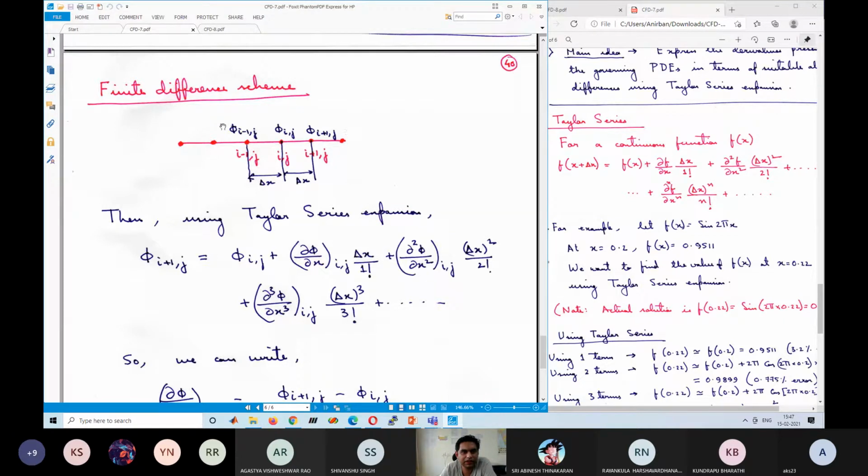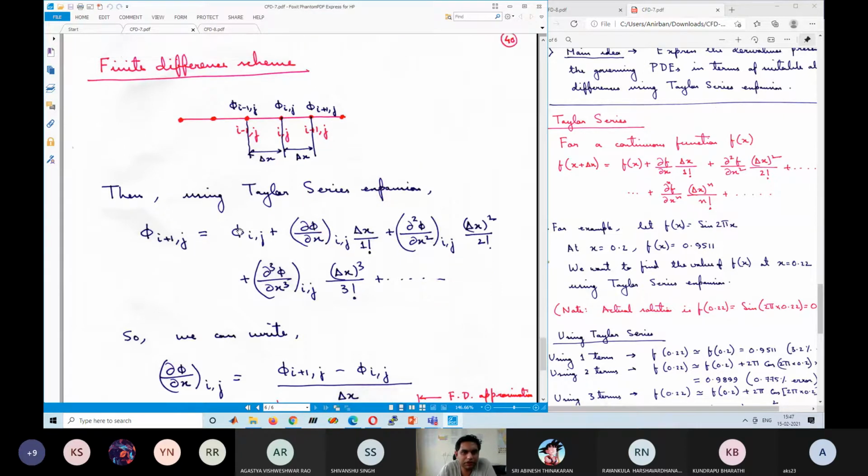And what I have already stated is that the variable values can be represented at these points as phi I minus 1 j, phi ij and phi I plus 1 j. This can be temperature, velocity, or any parameter. If it is temperature, it will be T i comma j, T i minus 1 comma j, T i plus 1 comma j. These are discrete values. So the I minus 1 comma j value can be 300 degrees centigrade, the next value can be 325 degrees centigrade, the next value can be 328 degrees centigrade, like this.